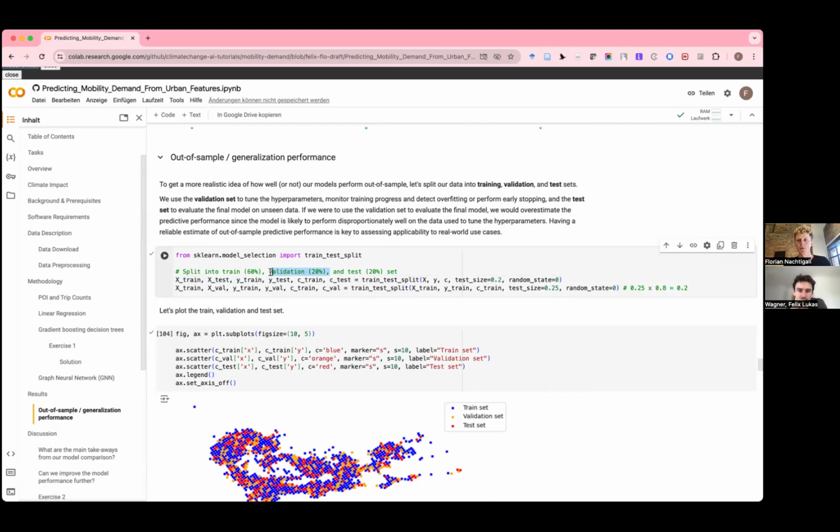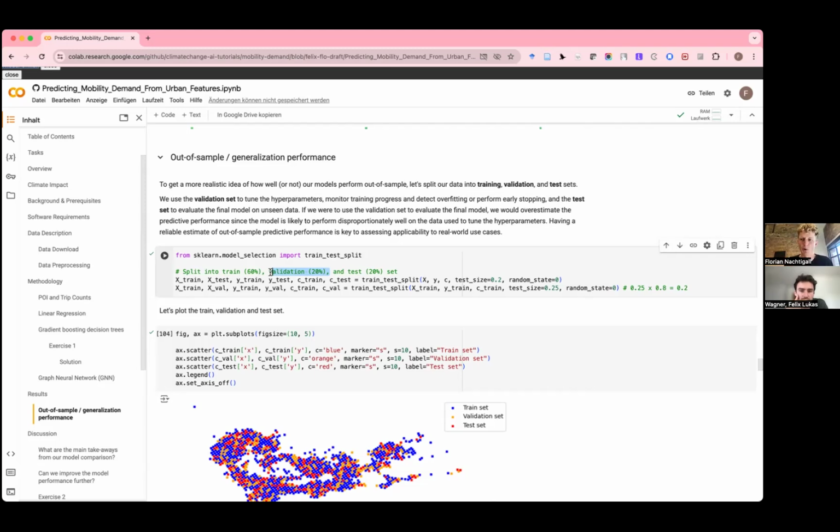But if we train too long, well, it's a waste of computational resources. We might overfit to the training data. And for detecting what is a good learning weight, what is a good number of epochs, or for the XGBoost, a good tree depth or number of tree estimators, we need a separate set of data on which we can validate that, essentially tune